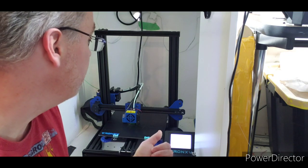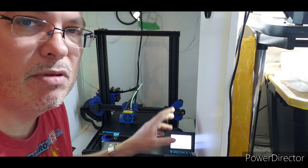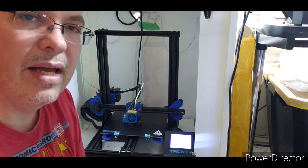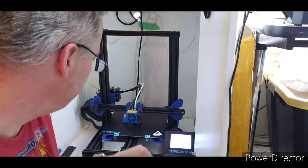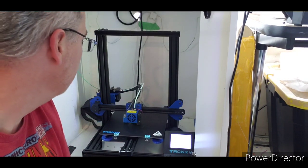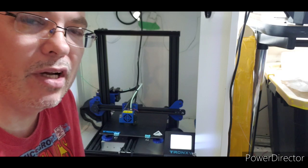It has auto power resume as well, which means that if you have a power outage during a print, it will resume the print when the power comes back on. That, with the 32-bit board and the bed leveling, makes it a pretty good deal. I think it's actually a really good printer. It's very solid. It's got 2040 and 4040 extrusions, so this thing is built like a rock. You could probably drop it off a balcony and it'll stay together. And I like the color blue. What can I say? So this is Jeff, and this is the review on the Tronxy